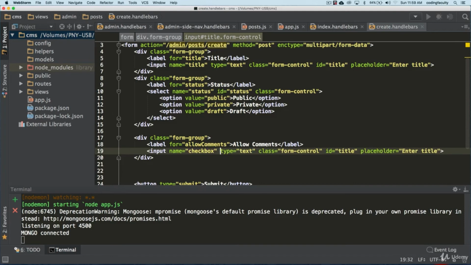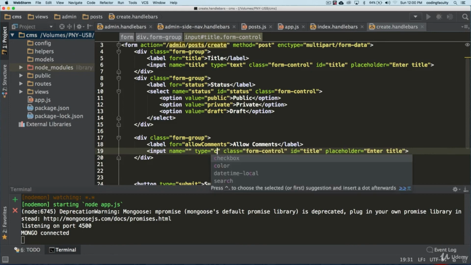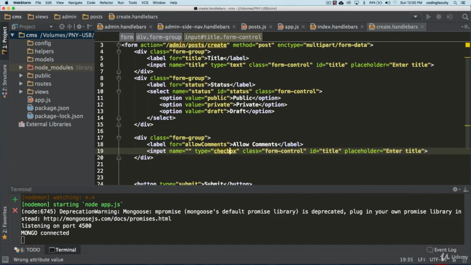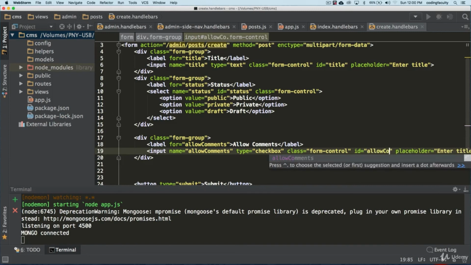Actually, let's just take this out. We're just gonna have it here, checkbox. And here will be allow comments, like this. Let's make this camel case, allowComments.